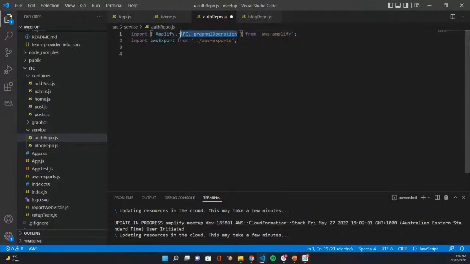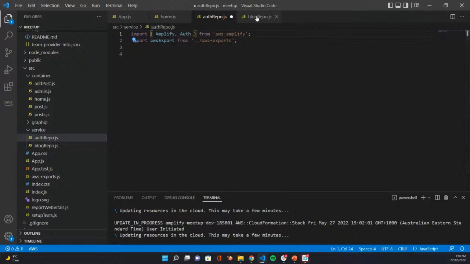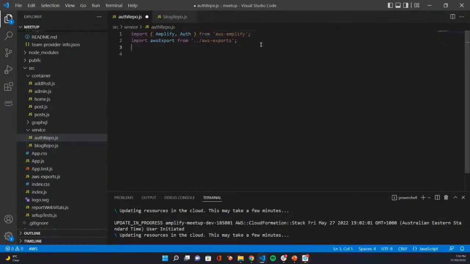We want to pull in Auth, so the Auth library, which is what's going to give us the functionality to work with Cognito. Let's get rid of home. Let's get rid of app.js, and we want to pull in our Amplify configure so that we know that we've got our configuration. All right, so we've got Amplify, we've got Auth, and the next thing we want to do, let's start with our pre-built